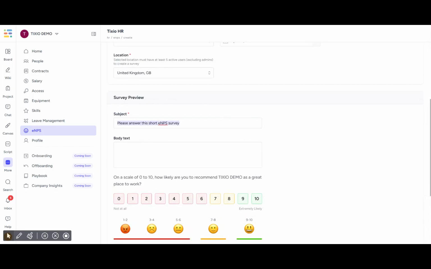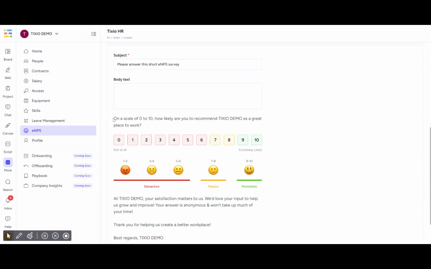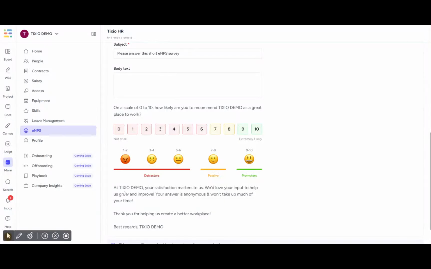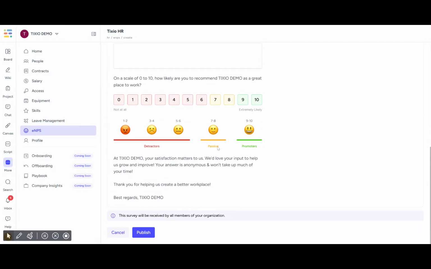There is a subject line that you can change in case you require. There is also a body text. This is the basic body text that will appear in the mail for the employee, where it will show your workspace name by default, but you can change the body text as well if you need. Then, if I publish the survey,